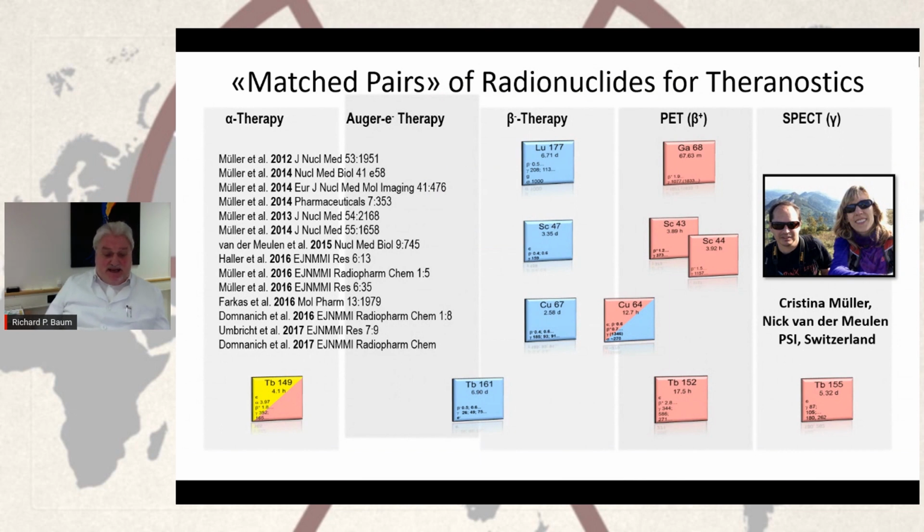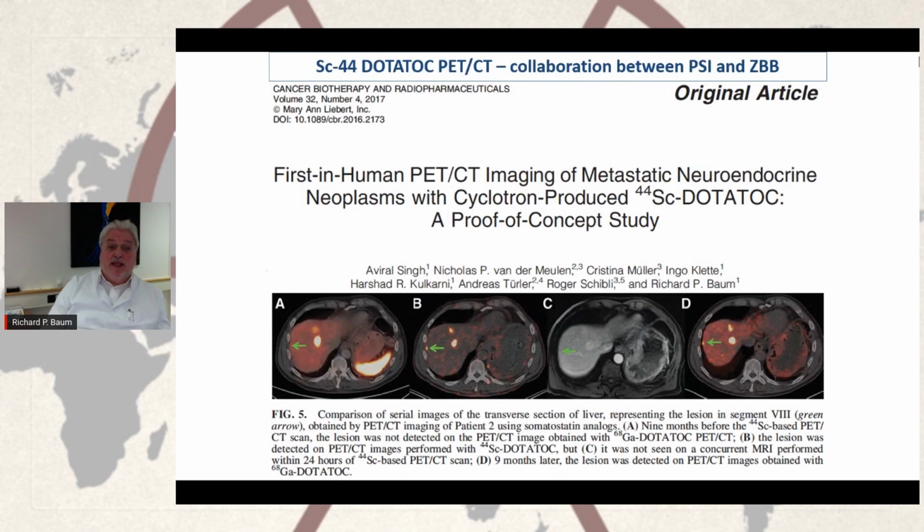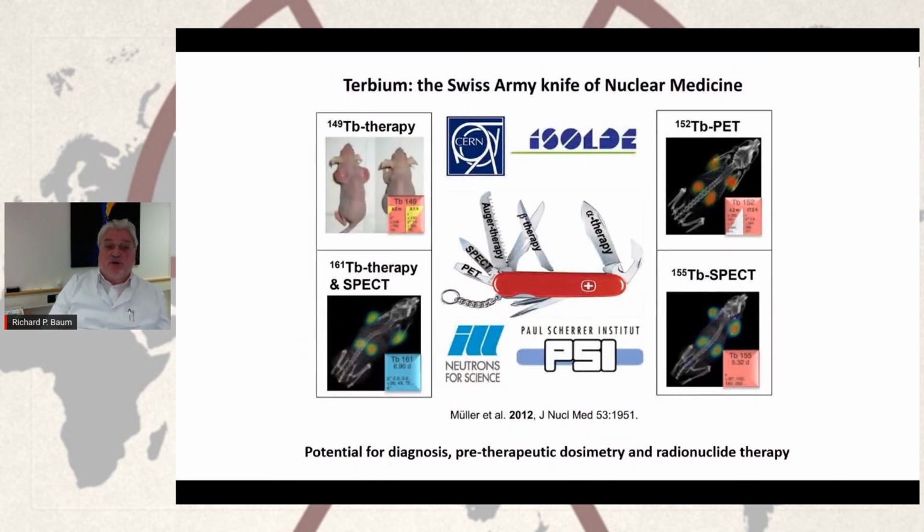So what else is on the horizon? There are new radioisotopes, so-called theranostic radioisotopes, which can be used for imaging and probably also, with a different isotope, for therapy. We have published already some time ago the use of scandium-44 DOTA-TOC in metastatic neuroendocrine tumors, and just recently